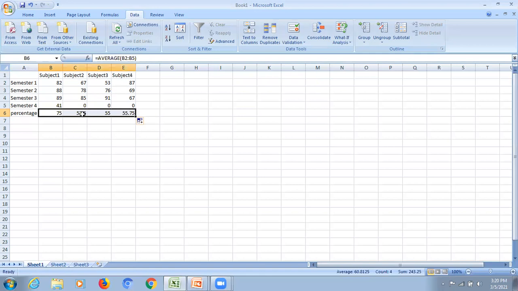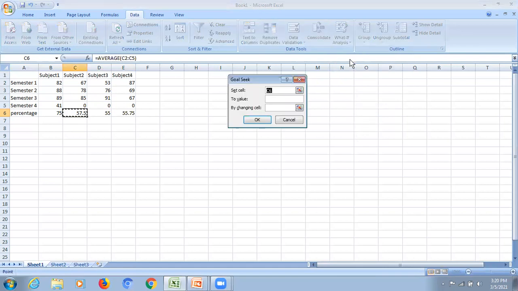Let me go to What-If Analysis, Goal Seek, Set cell, already this is selected, to value 75 by changing cell, this one, and I will click on OK.